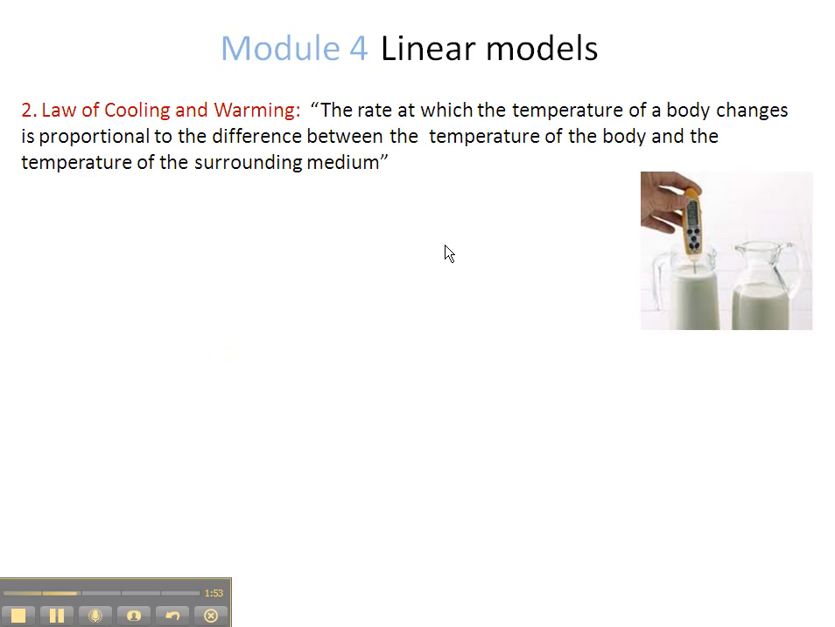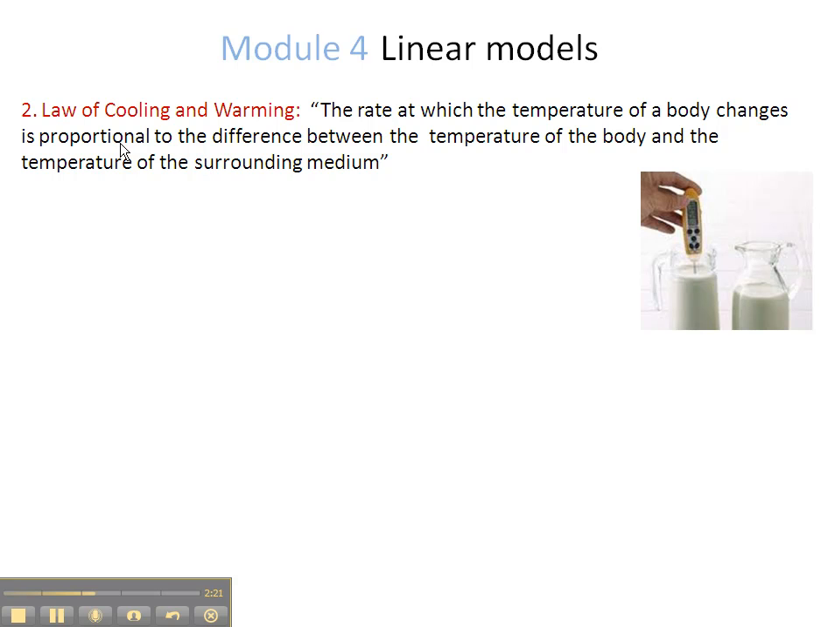The second kind of problem that we will look at in this section 3.1 has to do with temperature. And here we use the law of cooling and warming, which says that the rate at which the temperature of a body changes is proportional to the difference between the temperature of the body and the temperature of the surrounding medium. So again, the rate at which the temperature of a body changes, that speaks to us about a derivative,